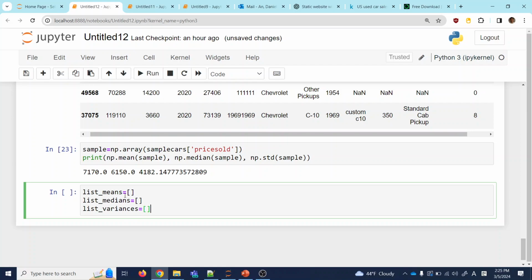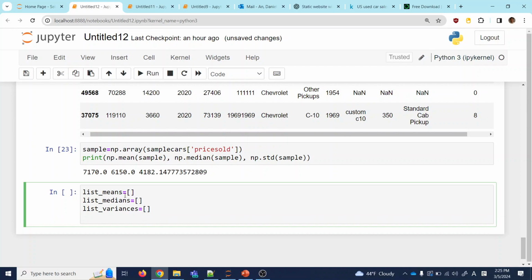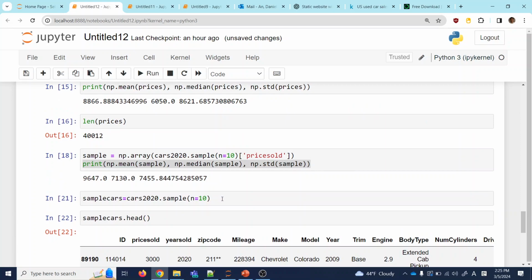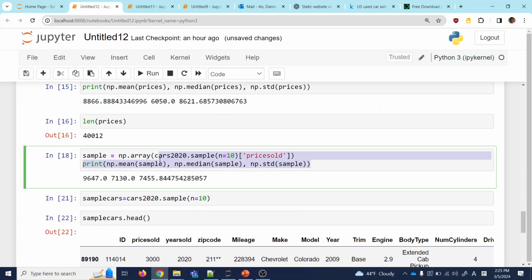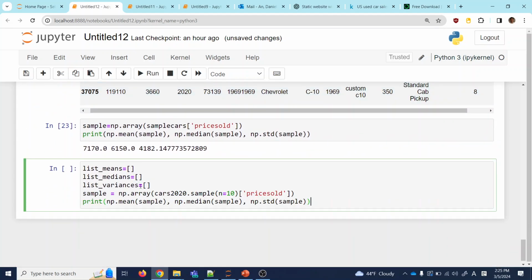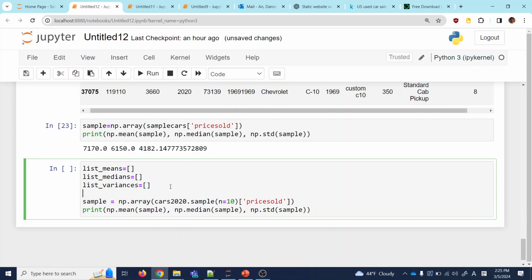Okay. So we're going to make these things, and I'm going to do a for loop so that I can sample sizes of 10 100 times, okay? So here's what I'm going to do. I'm going to take this one, copy it here, but I'm going to put it inside a for loop. So for i in range 100, so that whatever is inside the for loop will be repeated 100 times. And every time I'm going to get a sample of 10 cars, and then I'm going to be appending these values to each of the